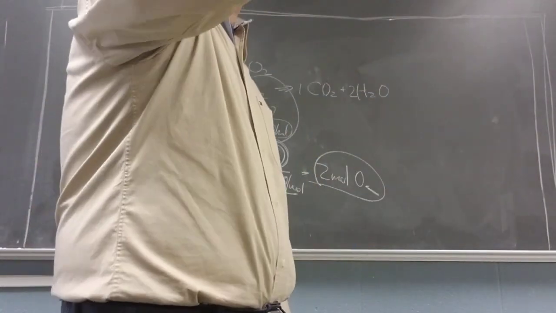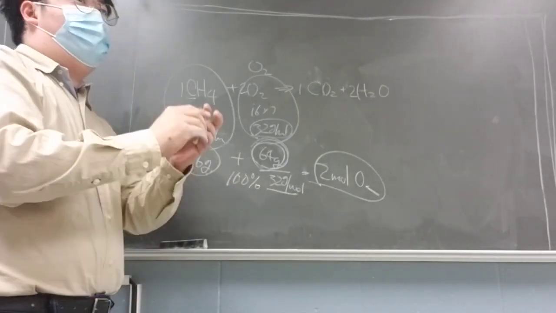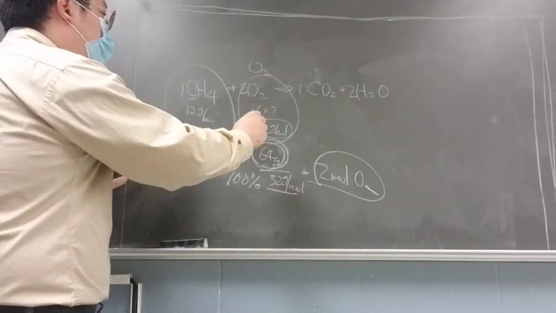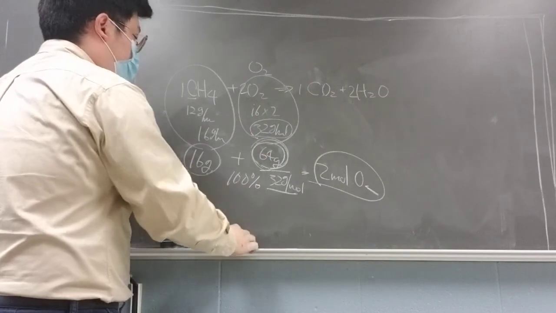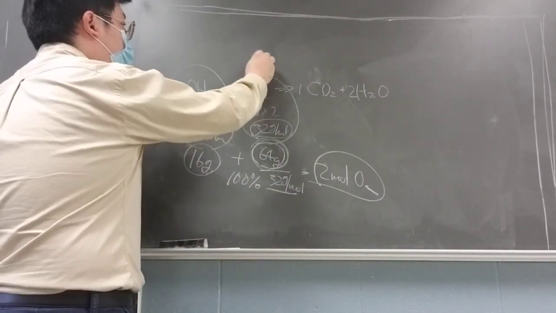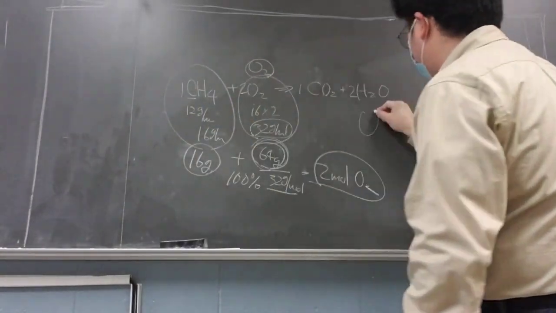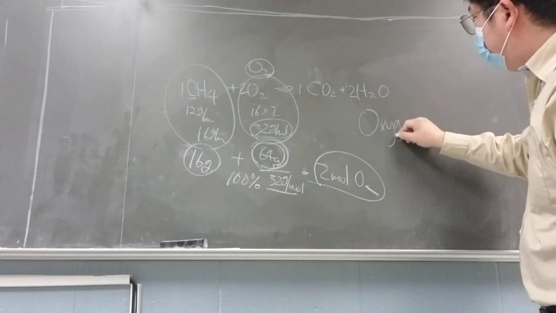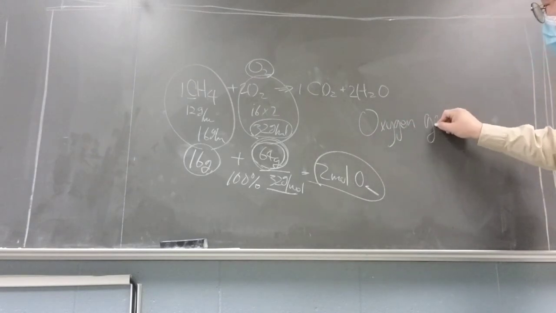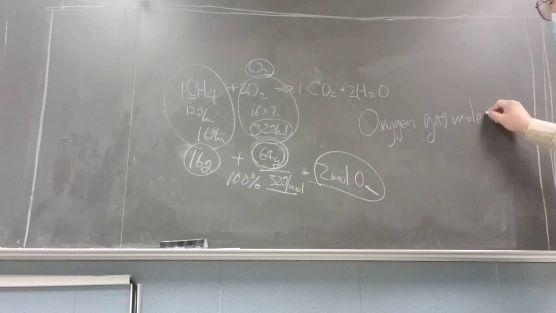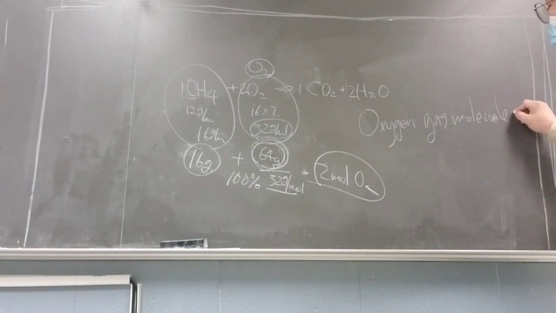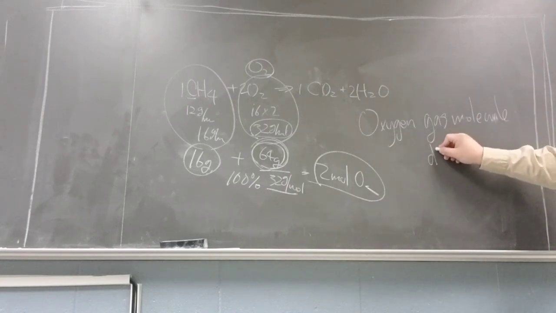Yeah, 99 something over there. And then we just grab that number to multiply by 2 because it's an oxygen gas molecule. That's actually a very good question, I think. Very good question. Because this is going to be diatomic